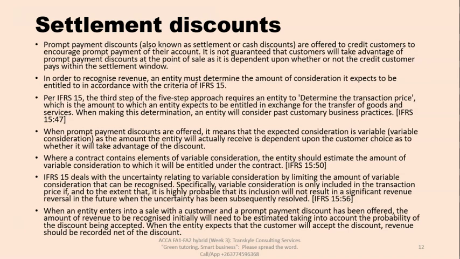When an entity enters into a sale with a customer and a prompt payment discount has been offered, the amount of revenue to be recognized initially will need to be estimated taking into account the probability of the discount being accepted. When the entity expects that the customer will accept the discount, revenue should be recorded net